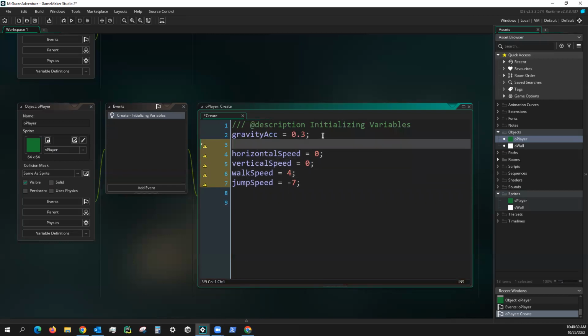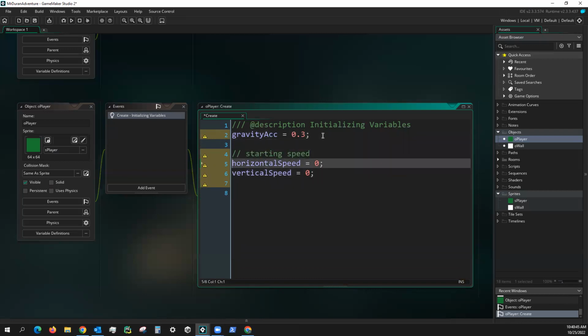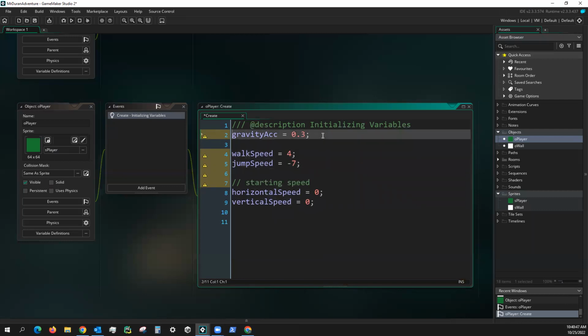Gravity one, we might move that a little bit up to the top. But the other ones, that is set. We can modify these as we see fit. These are essentially the starting variables, starting speed. The rest of these are more so set stuff. Now that we have this set up for the moment,